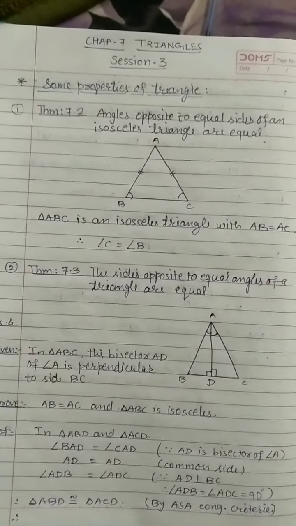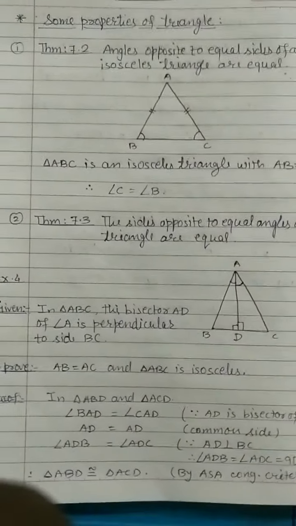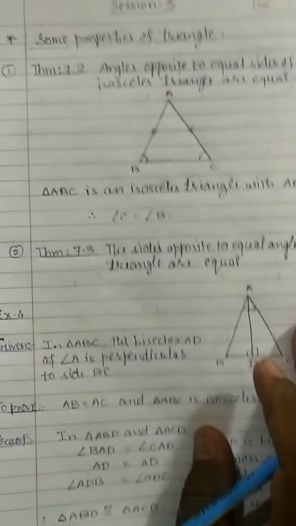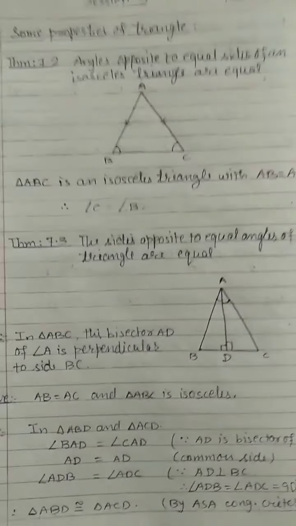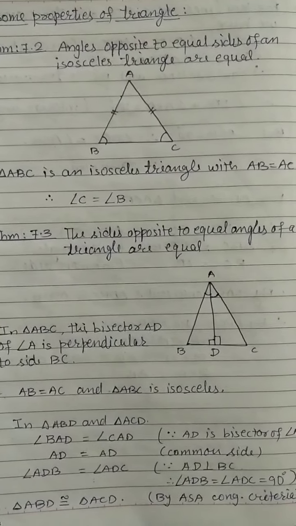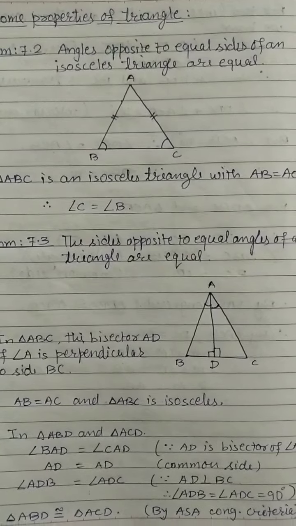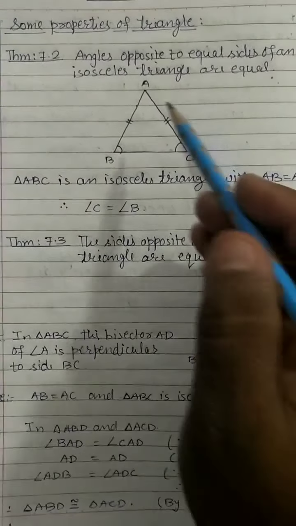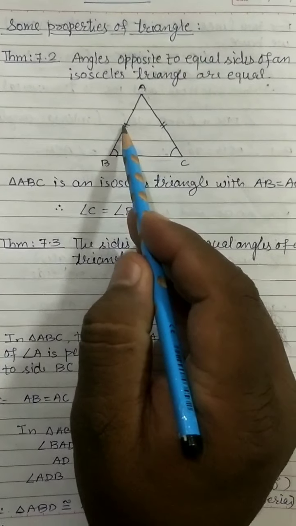This is theorem 7.2. You can check theorem 7.2. Angles opposite to equal sides of an isosceles triangle are equal. Angles opposite to equal sides of an isosceles triangle are equal means this is triangle ABC in which these two